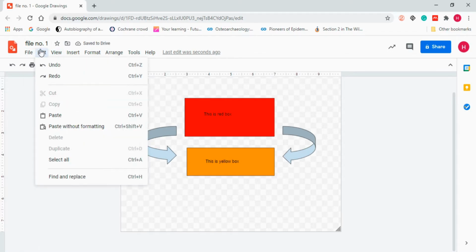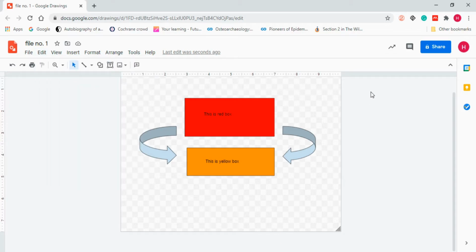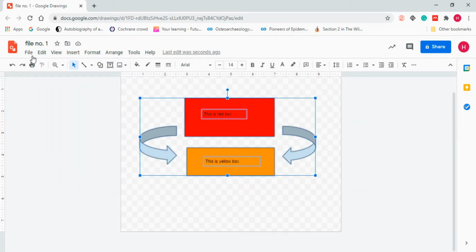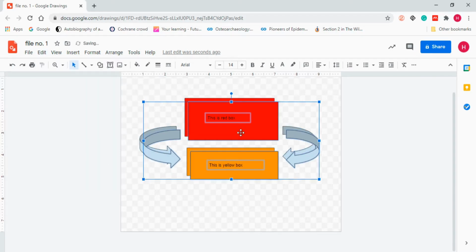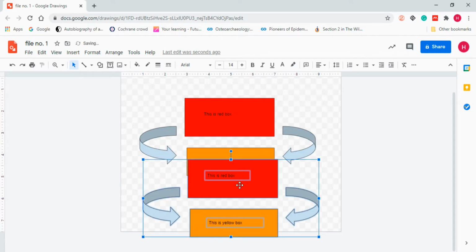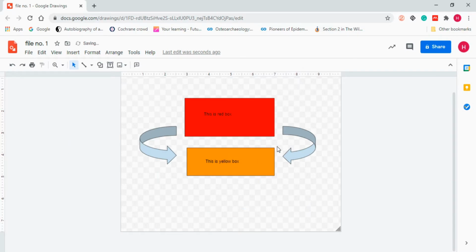After that, we have a duplicate option. If you want to make a duplicate, now I will select this. Now I will click on duplicate. Now you will see it makes a duplicate. So copy and paste is exactly the same as the duplicate option. Duplication also works in the same way as copy and paste, but there is a slight difference: in copy and paste you can paste without formatting, but duplicate will be an exact replica of the earlier thing. Now you can go into the edit section and click on delete, and it will be deleted.